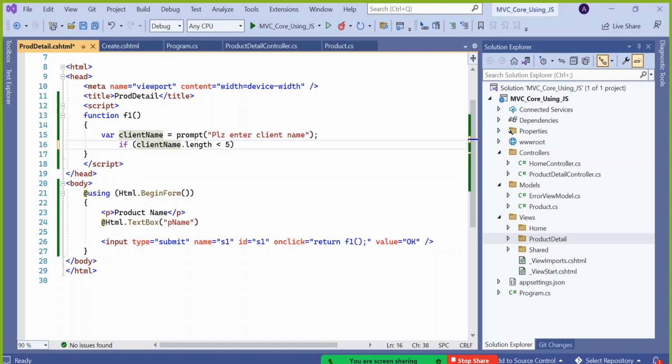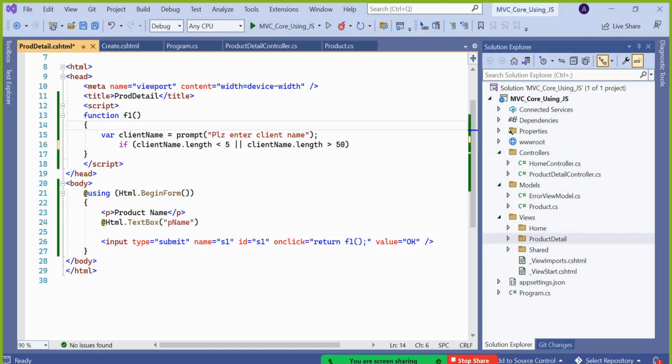I want minimum 5, so I say less than 5. Or operator, as in C#, here also the same or operator, double pipe. If by chance length is greater than 50, then what I will do, I will take another variable